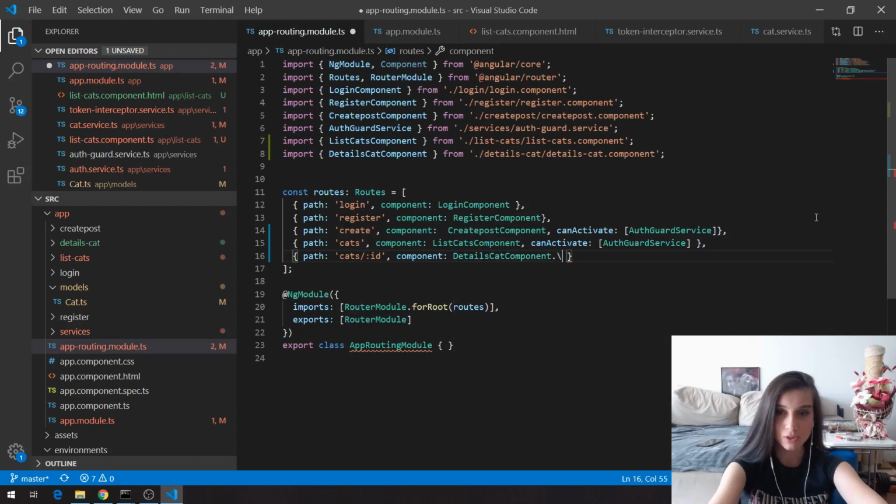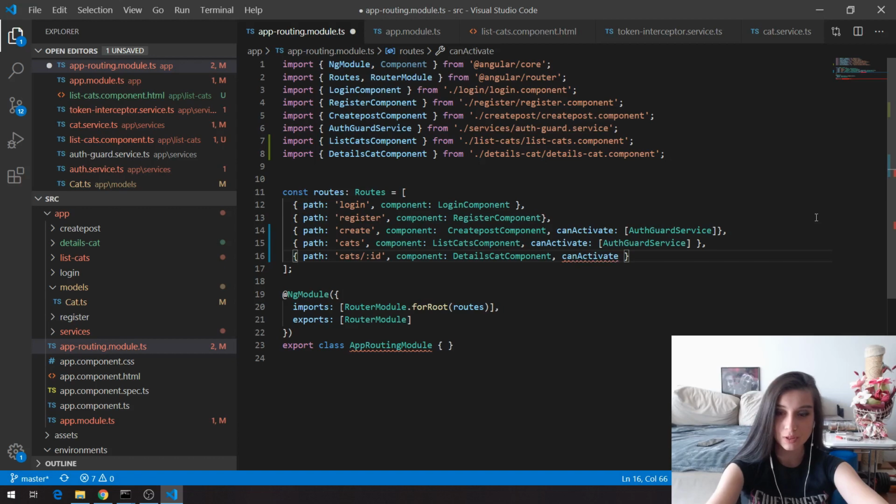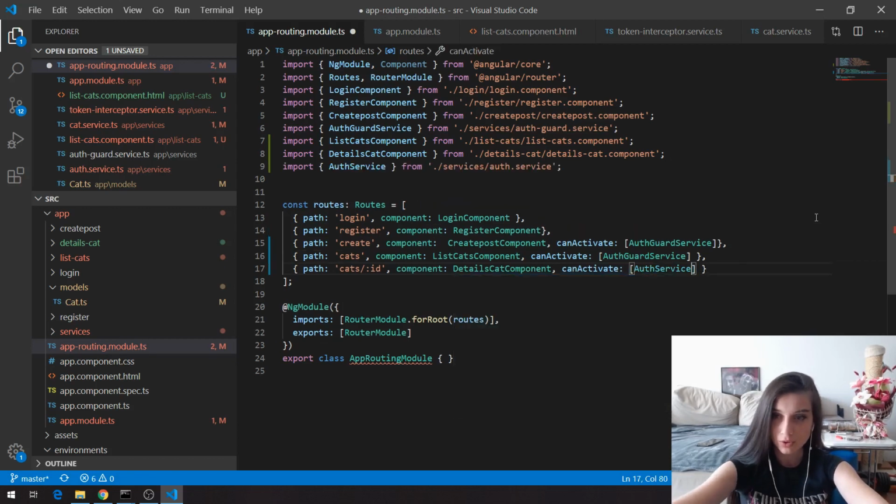And here, of course, I'm going to specify that if I want to see that, I have to be authenticated. So I'm going to use again this auth guard service. I have to be logged in. Of course, we can remove that at any point if we decide that this part of the application will be public. Okay, so